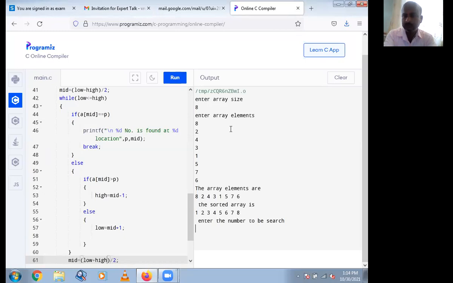Initially entered elements are displayed, then sorted array is displayed, then enter number to be searched. In this array, suppose I want to search number 9, which is not in the array. See what will be the output.